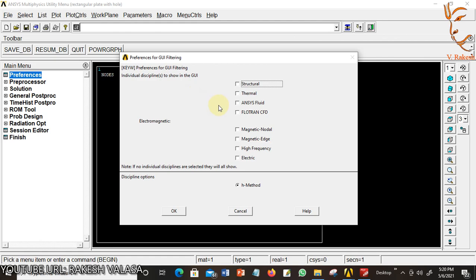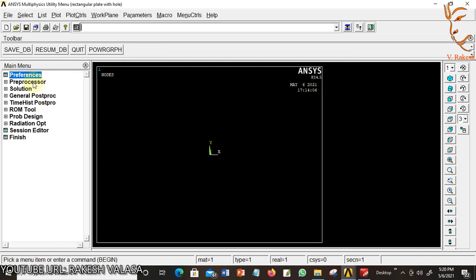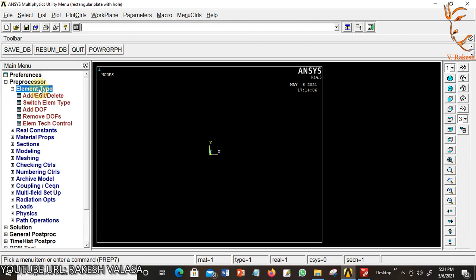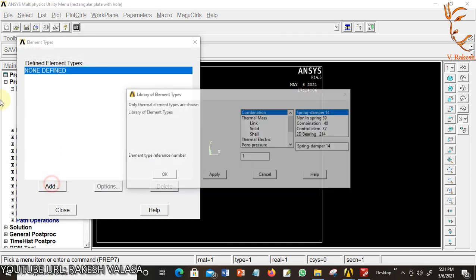The given problem is related to thermal, so that's why I am choosing thermal. Second step is pre-processor. In this pre-processor, we are giving input data to the ANSYS software. First step is element type, add, edit, delete, add.